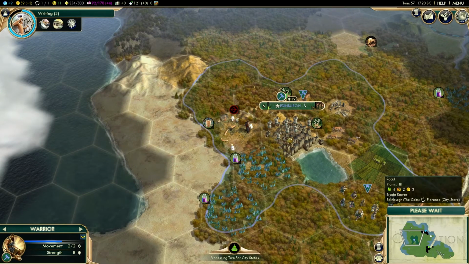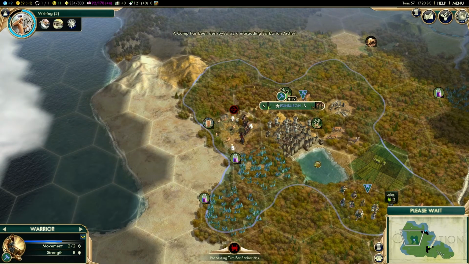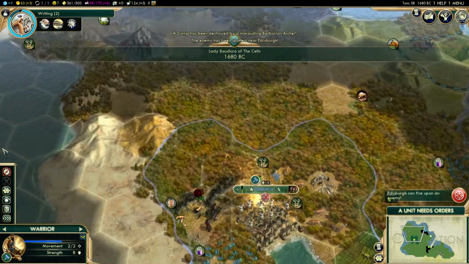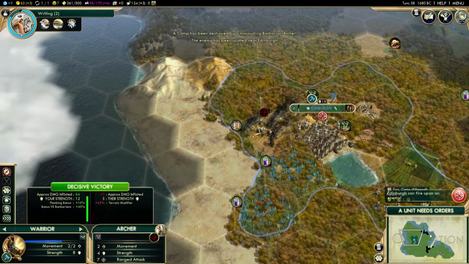So, yeah, there we go. I've managed to cover the 5 different types of victory condition. They're healing up a little bit. They've pillaged my... let's get back over here. They've pillaged my...